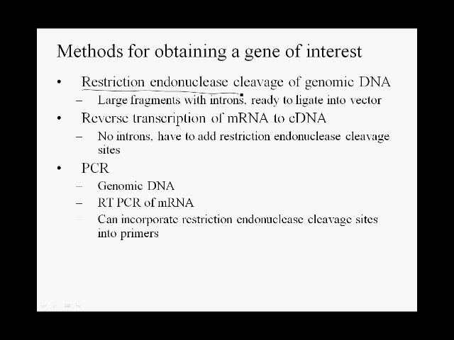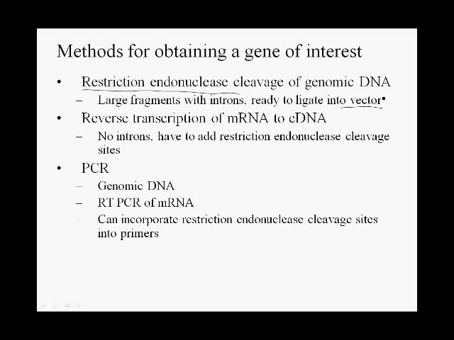If there are appropriate sites available, then we can use restriction enzymes to cut the DNA, and those DNA segments are ready to ligate into whatever vector, plasmid vector or other vector, we would like to clone it into. If we do this with genomic